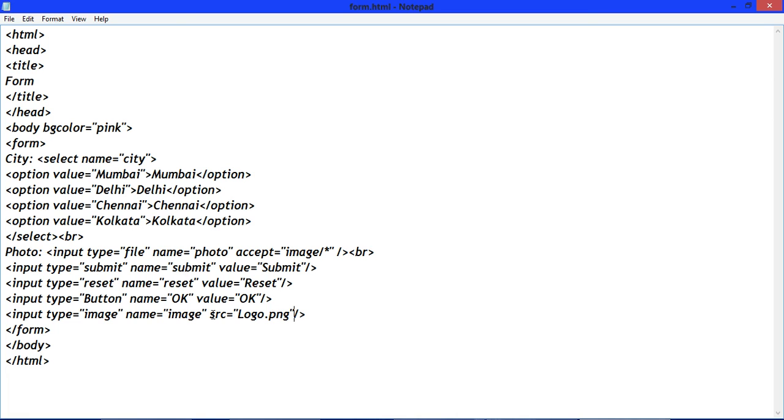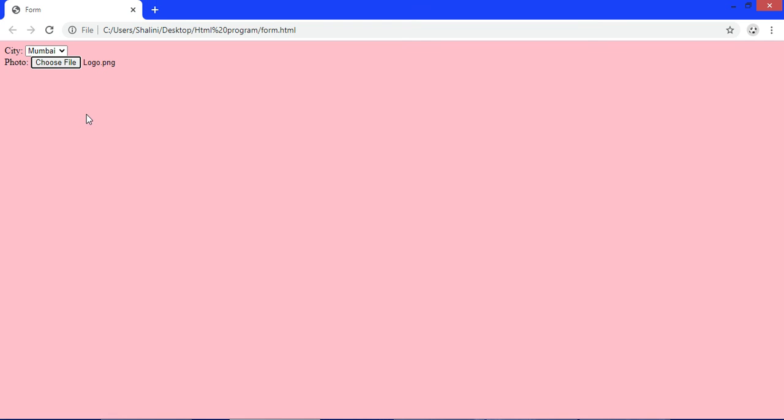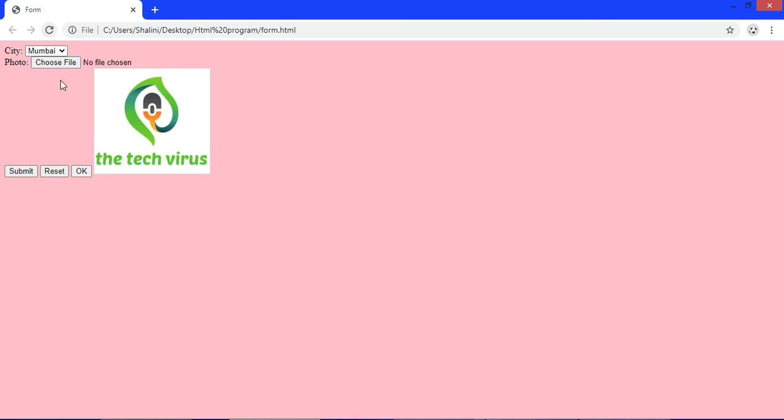Now save it, refresh it. See, we have 4 buttons. First one is submit button, second one is reset button, third one is OK button, and fourth one is image button having an image in background.